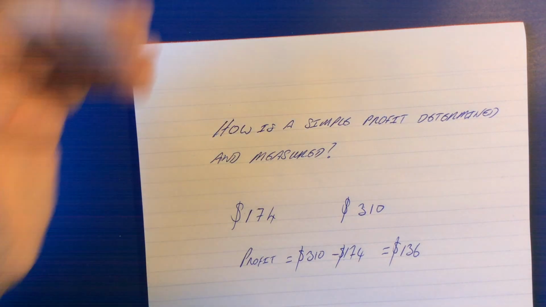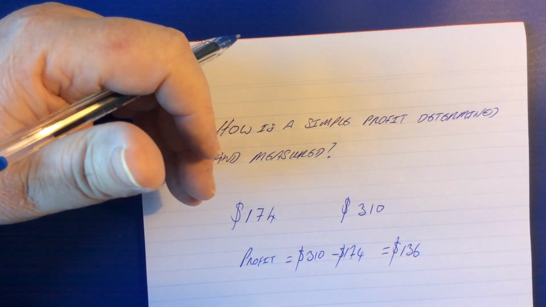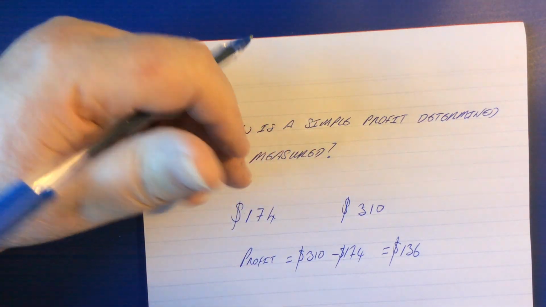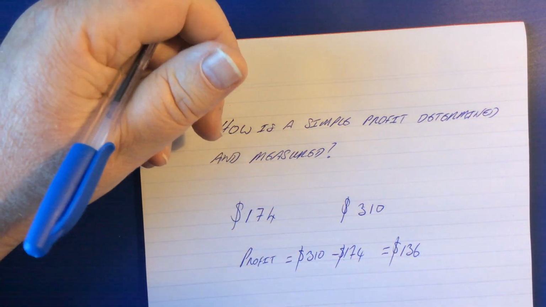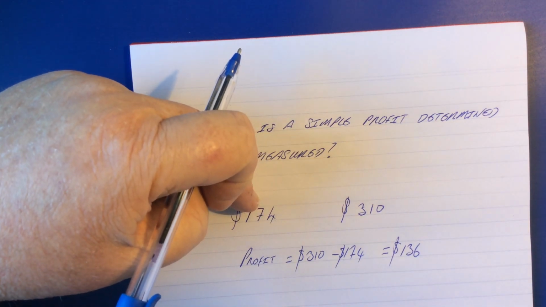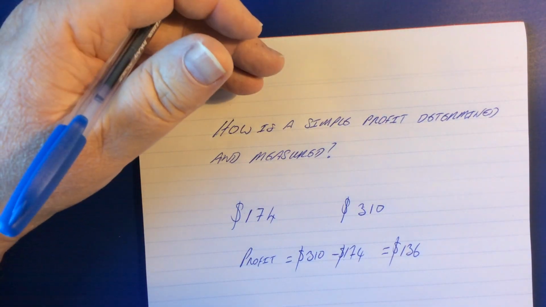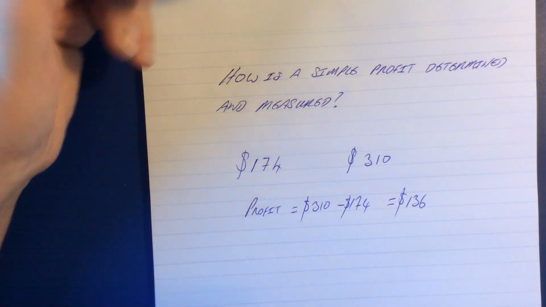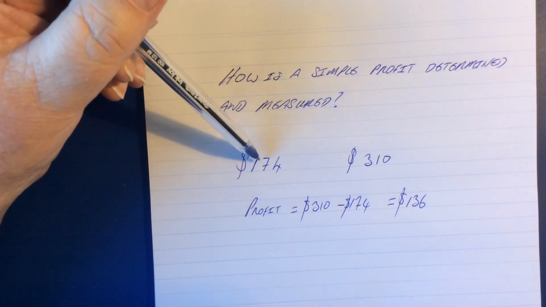Now, the question then arose, well, how much of a profit is that? Yes, it's $136, but is there a way of measuring it that can be standardized so that if you have another circumstance like this, where you buy here, sell here, or worse, if you buy here and sell here, and you need to quantify your loss, is there a way in which you can do this? Well, that's what percentages were invented for. So, how do we measure the profit? Well, we start with this number,